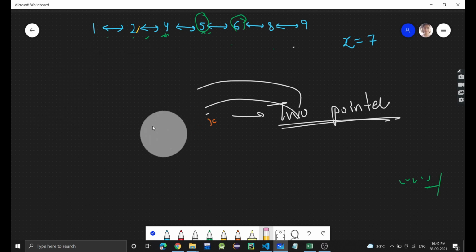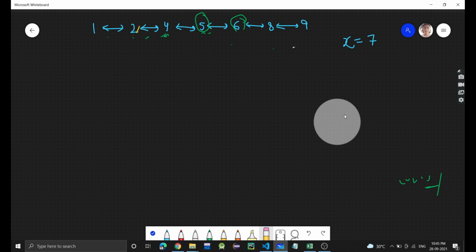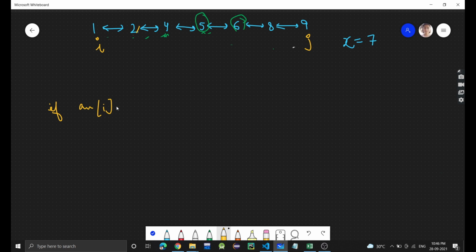If you have done the previous question on arrays in which we need to find pairs, then you will easily be able to guess the approach. So let's see. We take pointer i over here and pointer j over here. If arr of i plus arr of j, let's assume it is an array only, is equal to x, it means we found one pair, right?